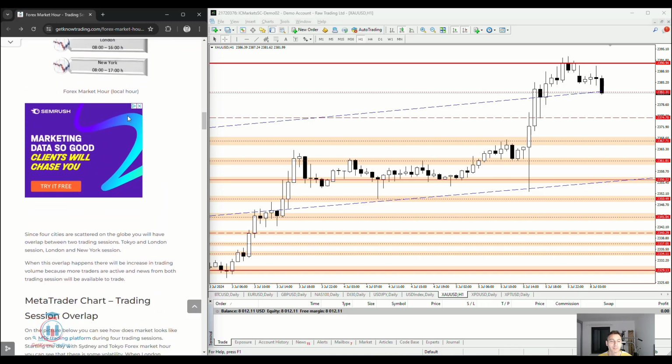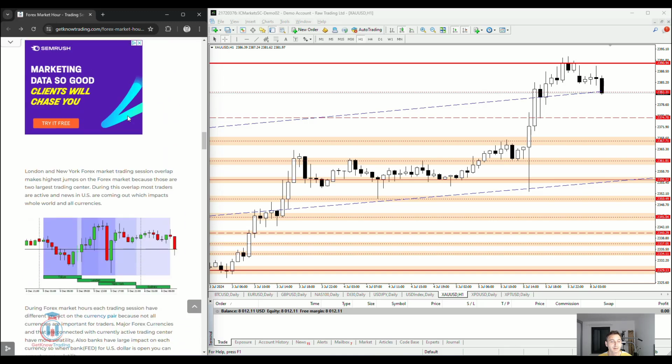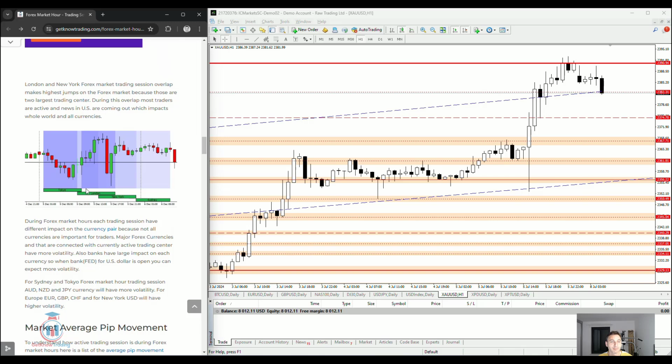When they are overlapping, we will see that here. We can see those overlaps, and London and New York is where the biggest overlap is. We can see the difference in the candles. When London starts, they start to make large candles, and then when they overlap